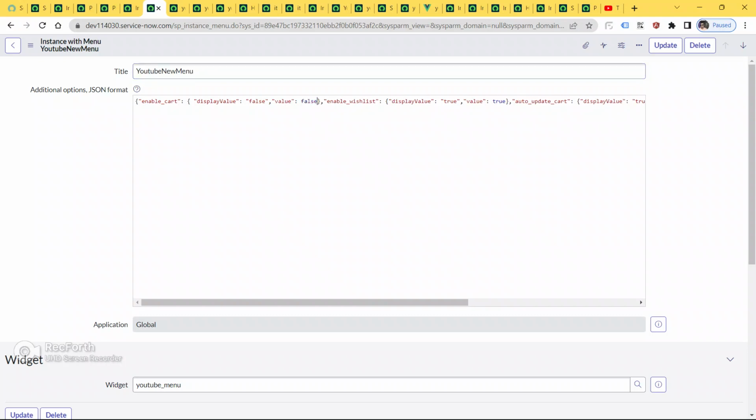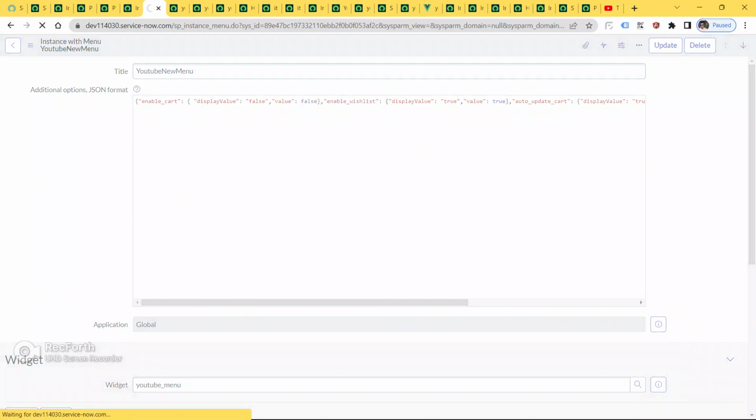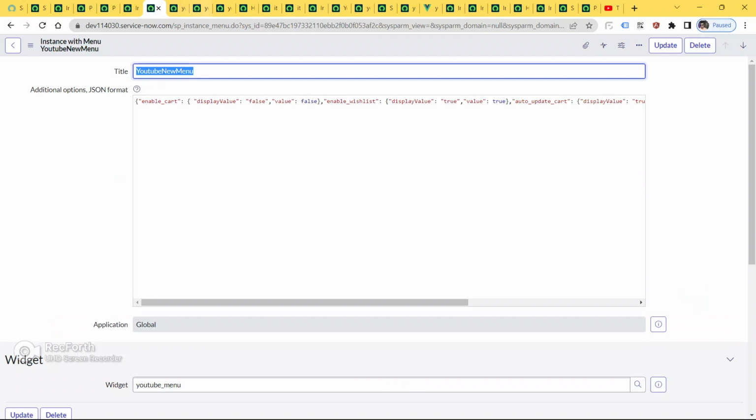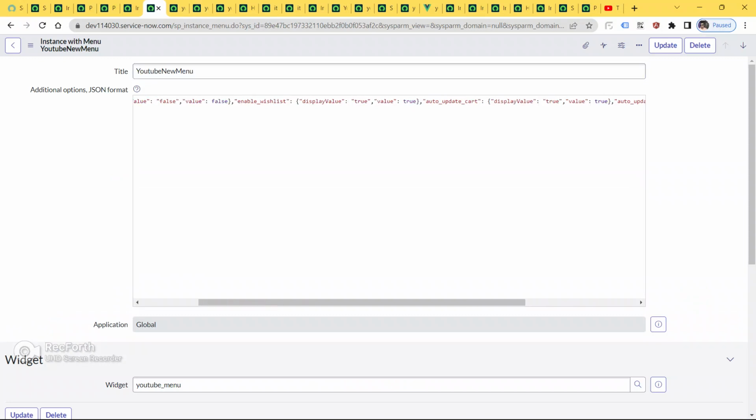Okay, 1 second, guys, make this also false. Refresh your page. See, we are not able to see our cart. Okay, because we have made this value, display value as false and value is also false.